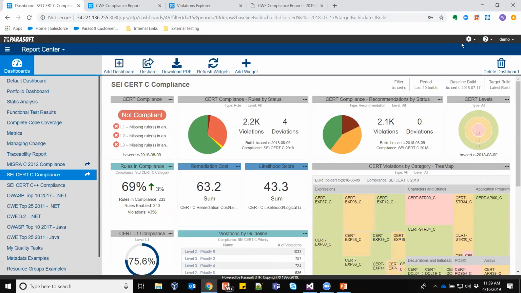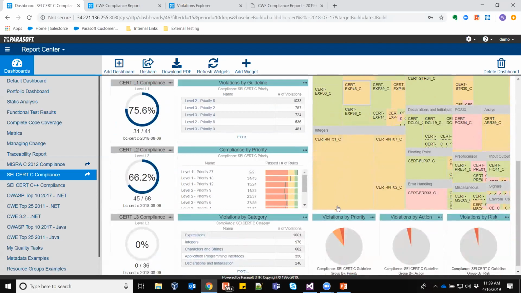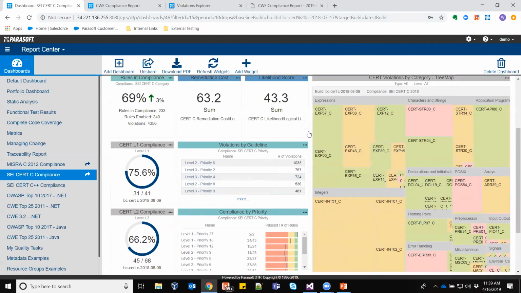And then if you scroll down a little bit, you'll see there's a heat map on the right-hand side as well, which shows me the number of violations for a particular CERT rule or recommendation, and then it's colored according to which of the CERT levels it is. So we take the risk scoring frameworks that the different standards provide, and we built into the system the ability to do compliance reporting based upon those standards, but also give you an overview so you can monitor your process and improve your workflow.